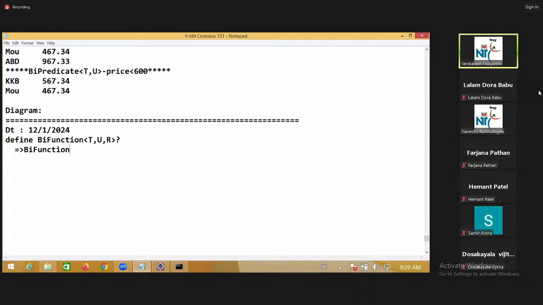BiFunction is also a functional interface, and it is used to perform